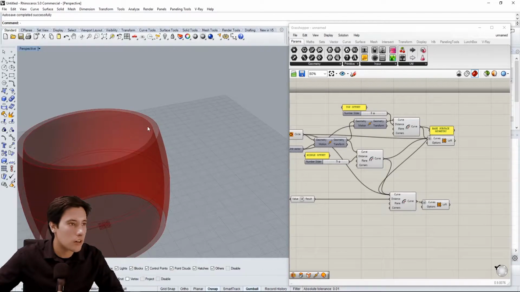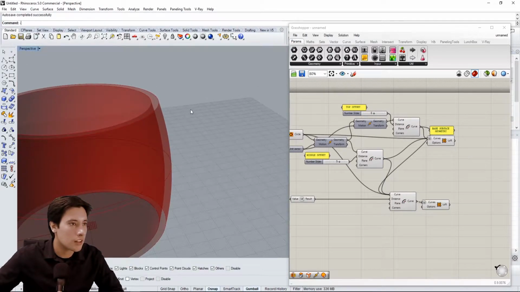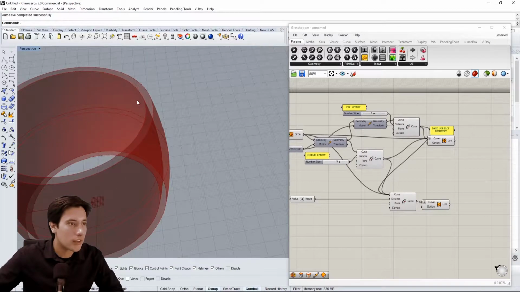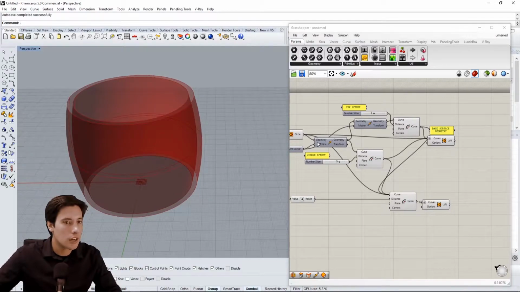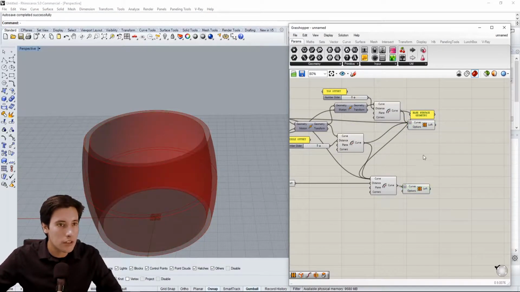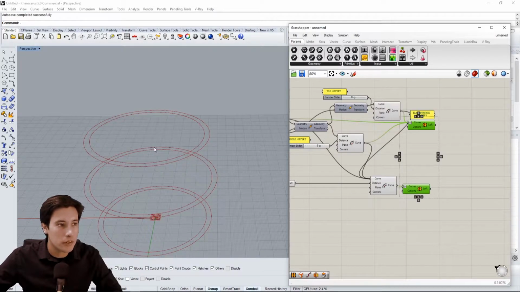So now it's just a matter of putting these two curves together, and we will have a perfectly watertight solid made here in Grasshopper. Okay, so now that we have these two shells, let's select those two, press spacebar and unpreview, and we'll see that we have these two curves, and we also have these two curves, but